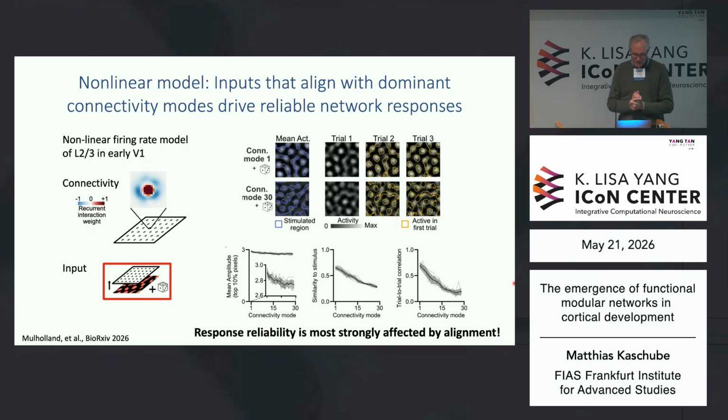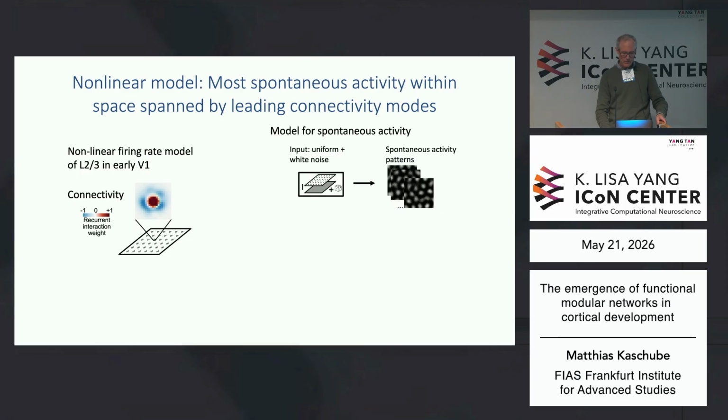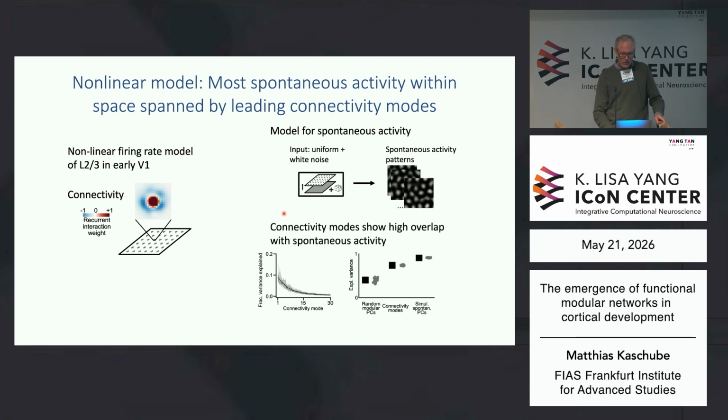But we went one step further with the modeling, making the point that we can use spontaneous activity as a proxy for the connectivity modes that give us the most effective drive to the cortex. In the model, we used a model for spontaneous activity, basically assuming uniform random noise. And this showed us that the connectivity modes revealed by SVD